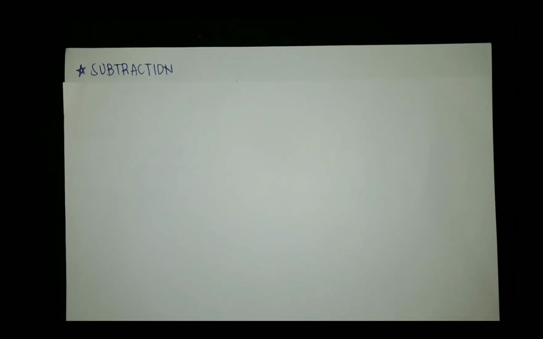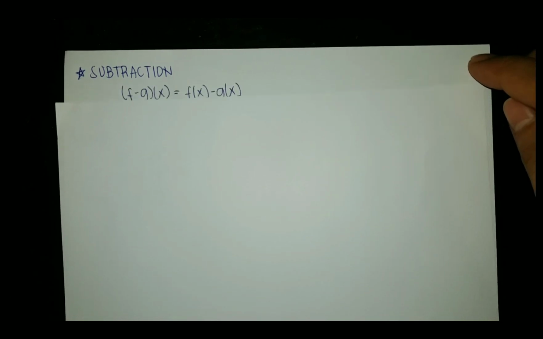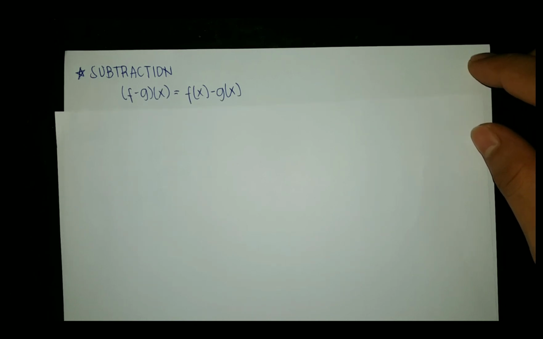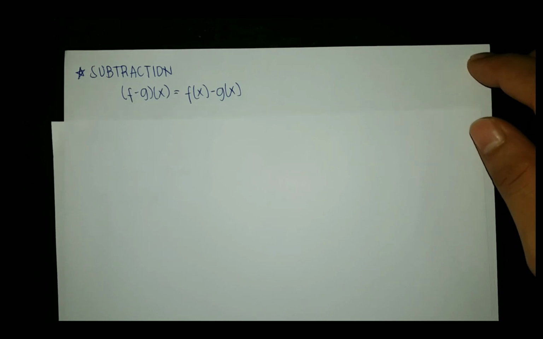The next operation on functions is subtraction. It is in the form f minus g of x is equal to f of x minus g of x. For example,